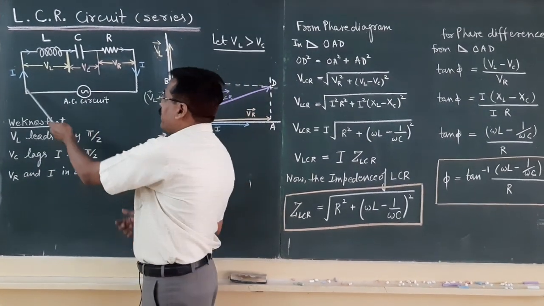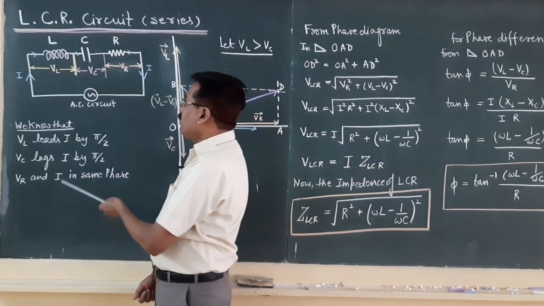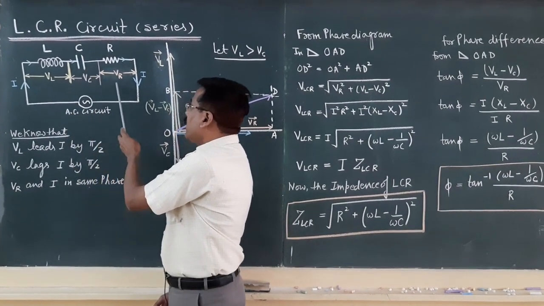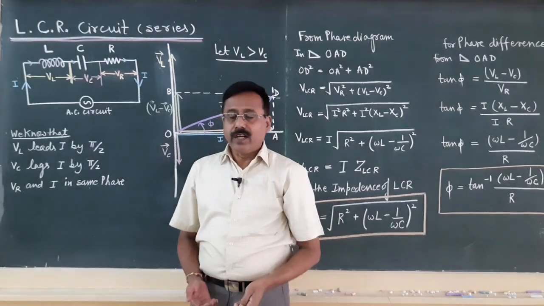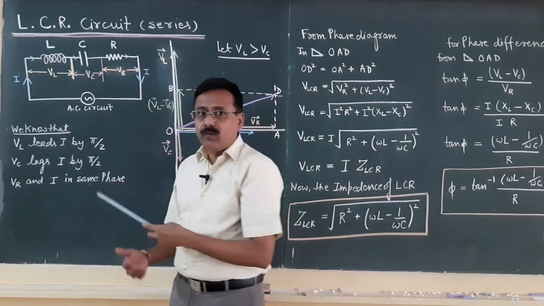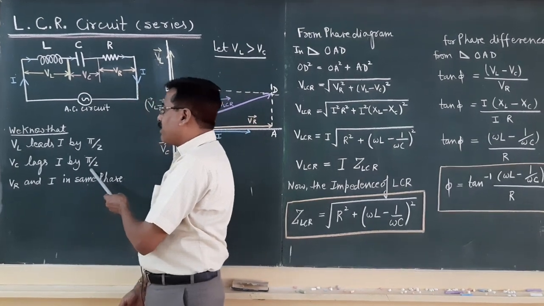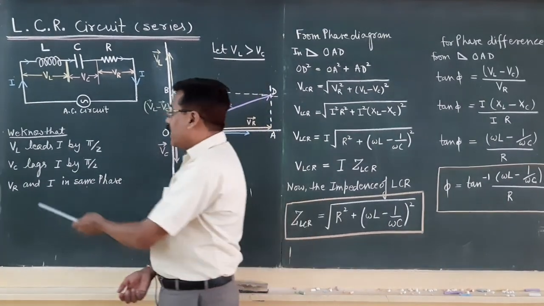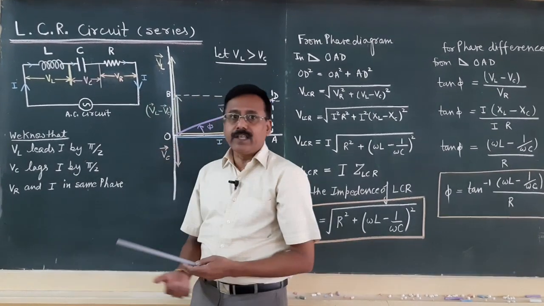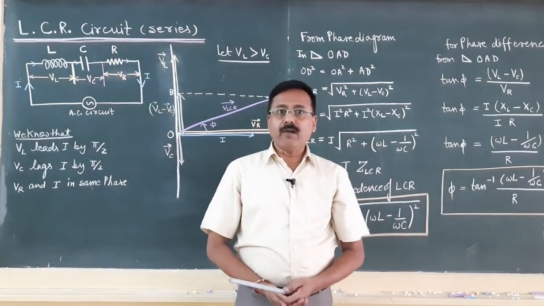Due to the series arrangement, current will be the same through each component, but potential drop, let VL be the drop across inductor, VC the drop across capacitor and VR the drop across resistor. And we already know that VL leads current by pi by 2, always ahead of current. VC always lags behind current by pi by 2, and the potential drop across the resistor and current are always in the same phase. So, with the help of these concepts, we will plot the phase diagram for the LCR